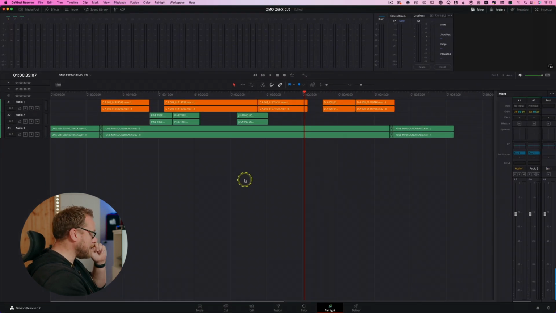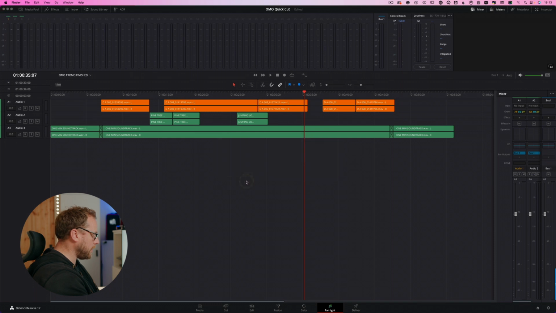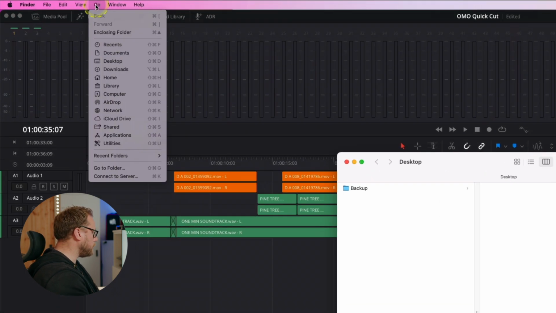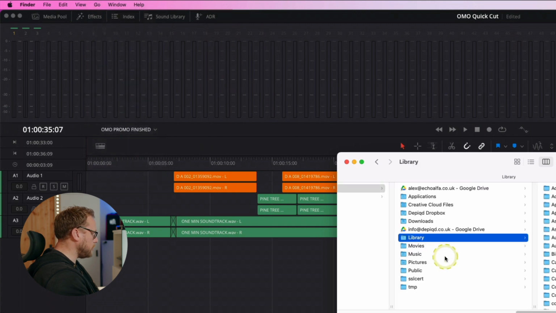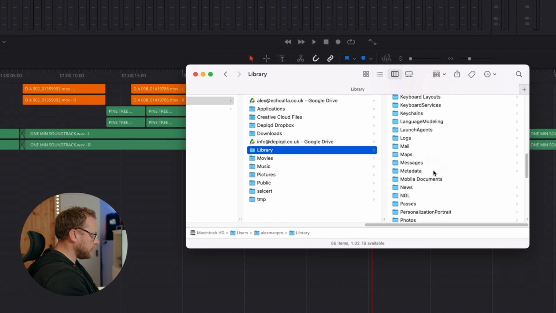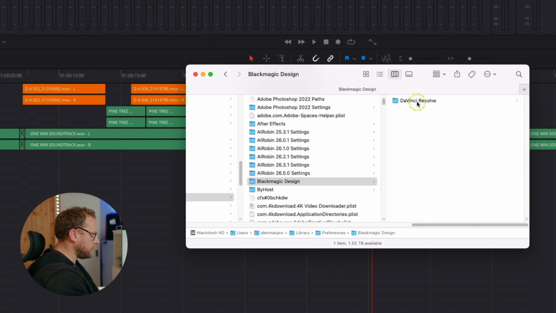Now, there isn't a neat way of finding the folder where these are saved, like we did with the LUTs. We just have to know that it's in one of the library folders. So let's go back over to Finder and open up a new window. And what I'm going to do is go to the user library, and I'm going to scroll down until I find Preferences, and then I'm going to go to Blackmagic Design, and then to DaVinci Resolve, and